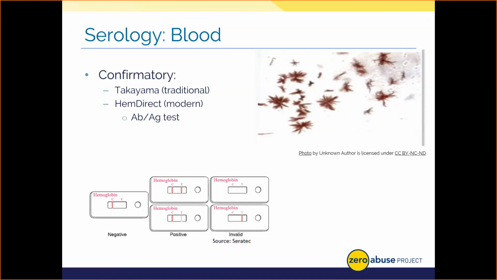Generally, by and large, laboratories have moved away from this confirmatory test for a few important reasons. Number one, Takayama chemicals are carcinogenic. They are cancer causing, and it's just too dangerous to continue asking a lab analyst to use this method when other safer alternatives exist. Now, we used to have to confirm that blood was human beyond the Takayama test.